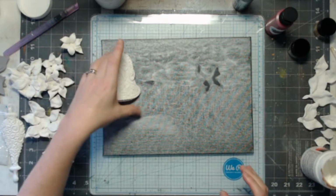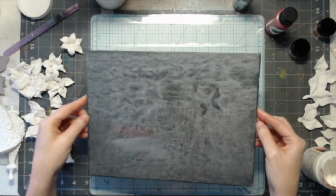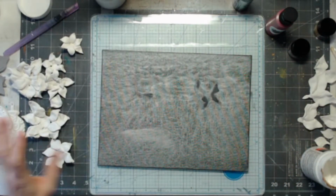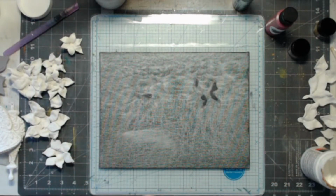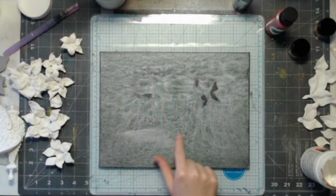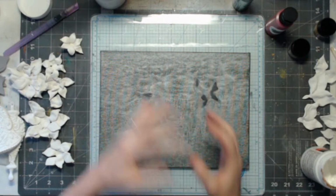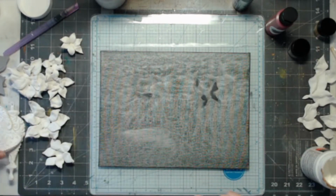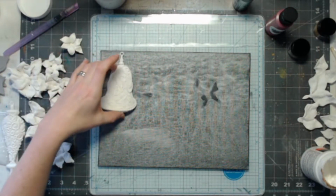I don't know how well that hint of green really shows up. It does show a little bit in real life, but the camera doesn't really seem to catch it. But because of this right here, where I know that the layers are going to get darker, and this can give kind of a silver undertone to some areas, I'm going to now stack up